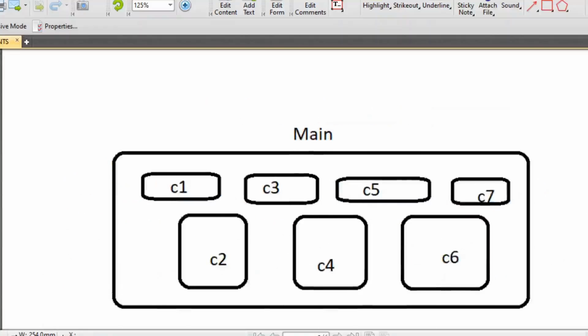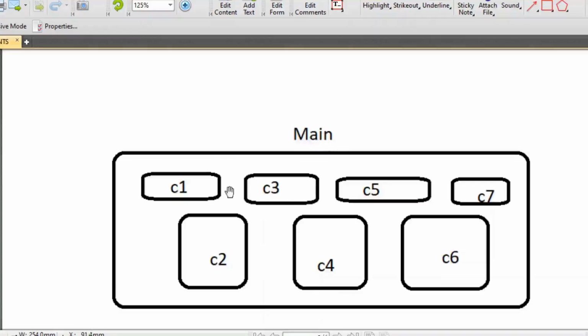So how does the Angular application look? Consider this is a main component. In Visual Studio you might have seen app.component.html, app.component.css. So that is the main component.